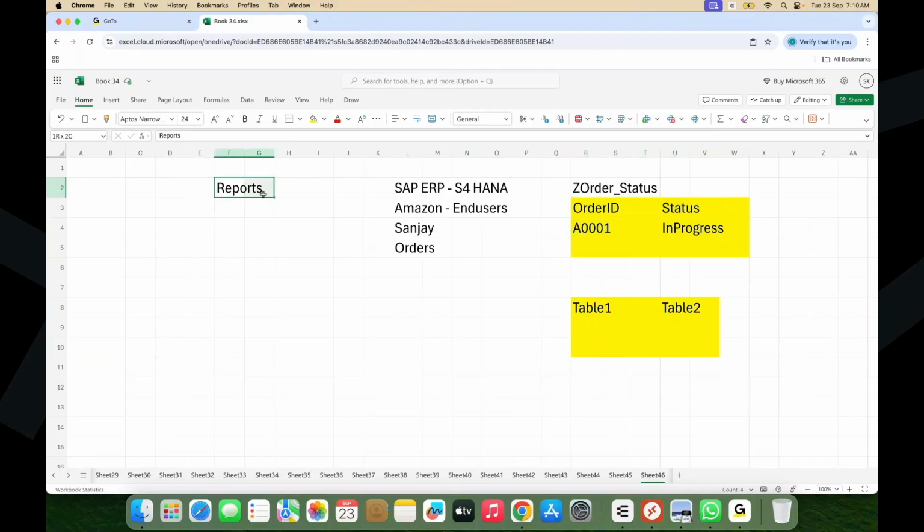So a report is nothing but the end user needing information from the database, where an ABAPer can create a program, and that program will go to the database and fetch whatever information the end user required. Basically in reports,